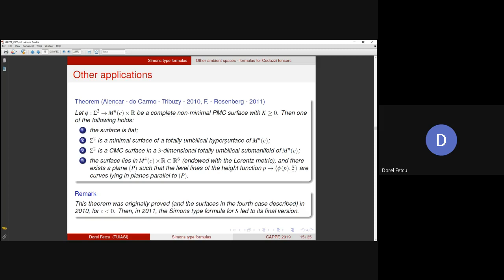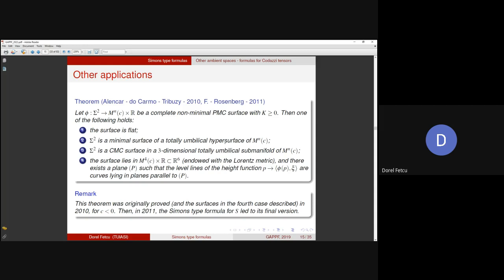So originally this theorem was proved by Alencar, do Carmo, and Tribuzy in 2010 only for negative values of the sectional curvature C, and by using the Simons type formula it's quite easy to extend the theorem for all sectional curvatures